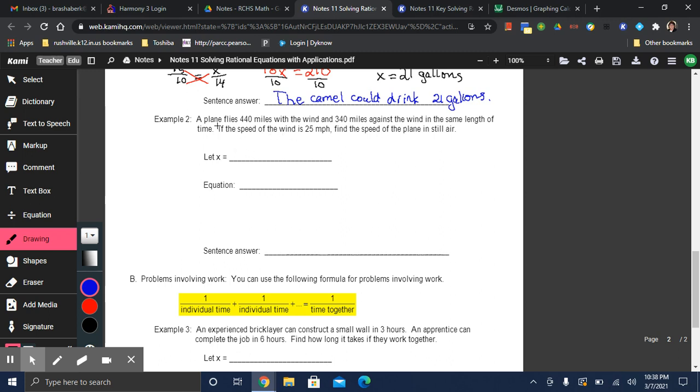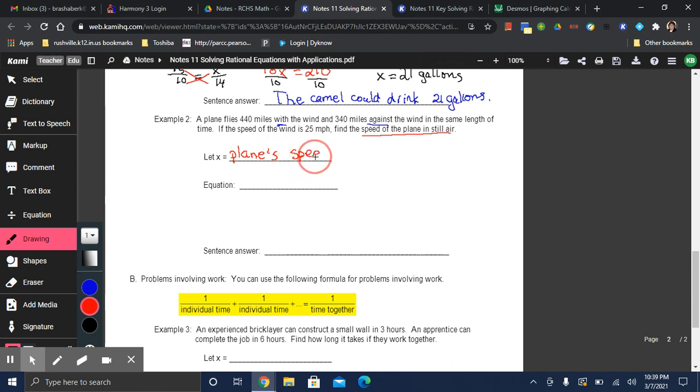So in this case, we have a plane flying 440 miles with the wind and 340 miles against the wind in the same length of time. The speed of the wind is 25 miles per hour, and we are supposed to find the speed of the plane in still air. So x could equal the plane's speed